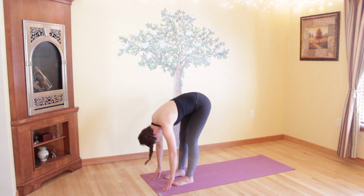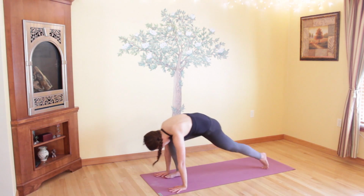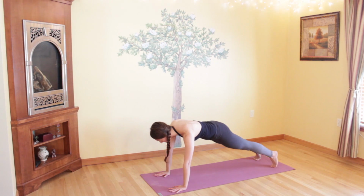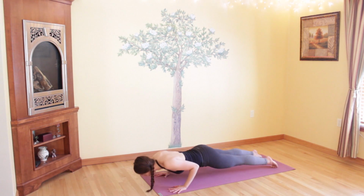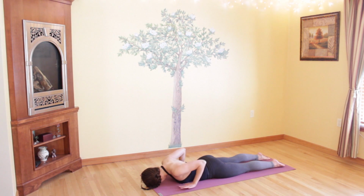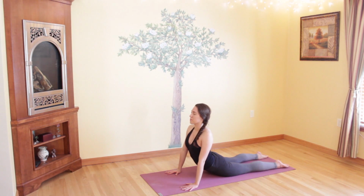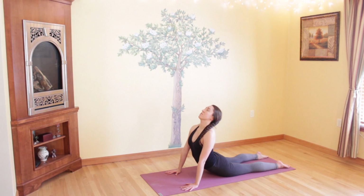Take an inhale and look up halfway, straightening your back, and exhale, fold down. Stepping back into another plank pose, bring your body into one straight line onto your belly on the floor. Untuck your toes, slide your hands right next to your ribs, coming up into another full cobra arch. Arching your back, not locking in your elbows. If you'd like to look up and back with your head,